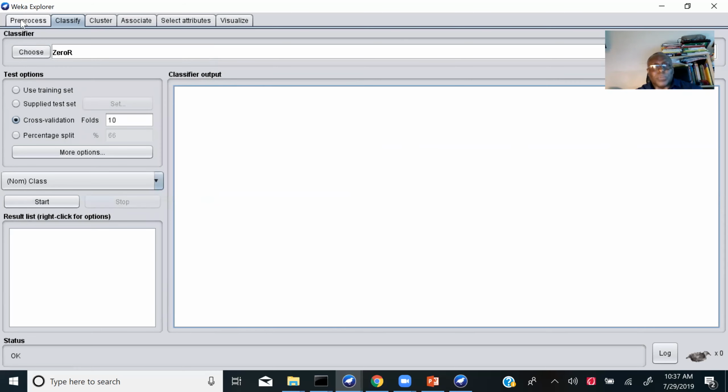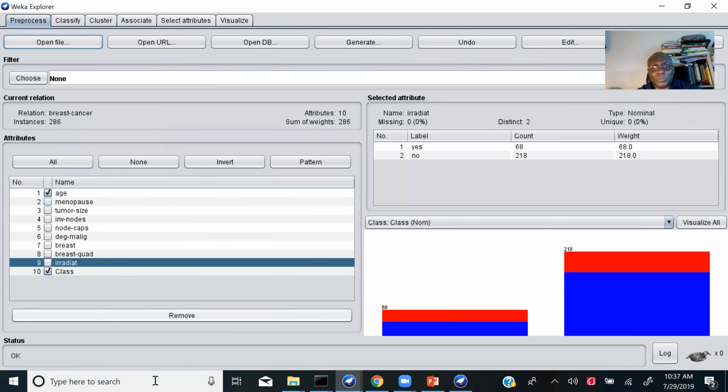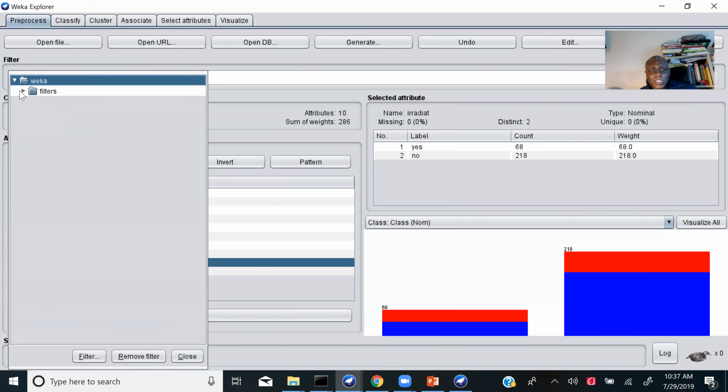Now, one thing also in the pre-processing, I only explained our data set, but we can also do data preparation here. So in Weka, data preparation is called a filter. So here we can see filter. I'll click choose and then filters.